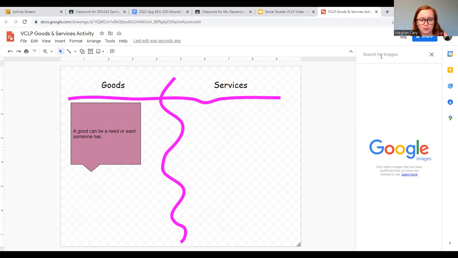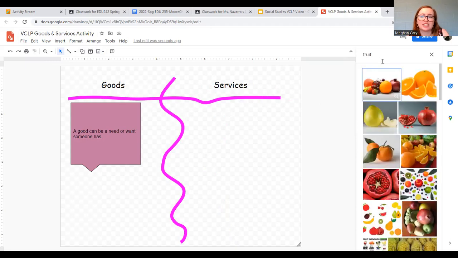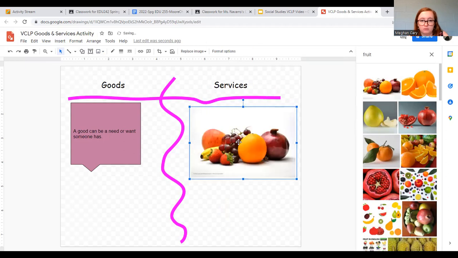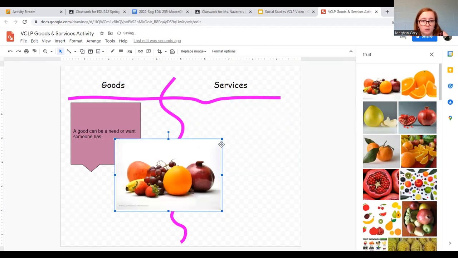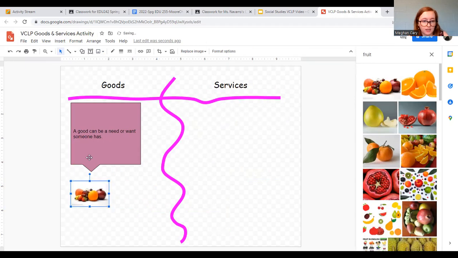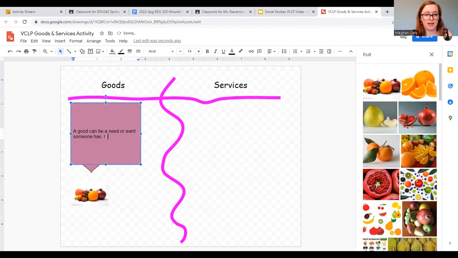I'm thinking about produce. Ooh, fruit basket. Let's just type in fruit and see what it is, because it can be grown. Goods can be grown. Oh, we have to make sure that it goes over here. So essentially we're gonna make a collage. Now I'm gonna add in my definition that it can be